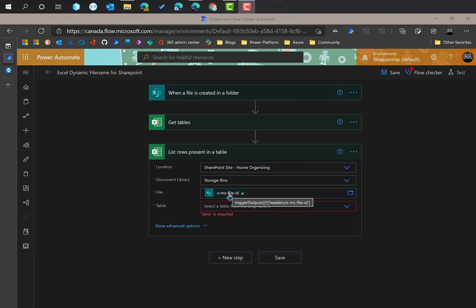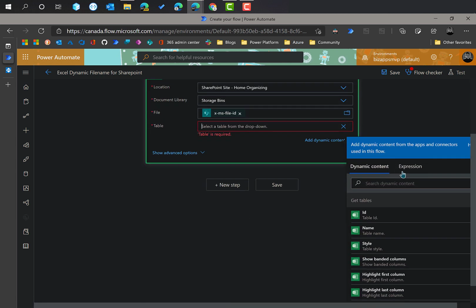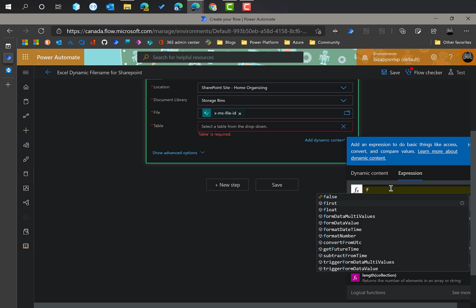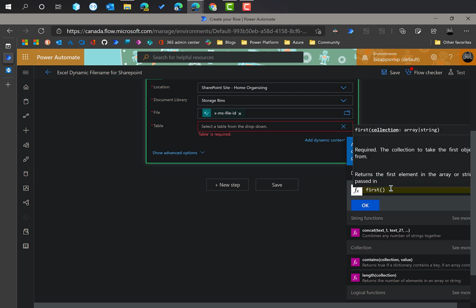Now for the tables, since the tables is an array, all the tables, even though there might only be one, I'm going to do a custom value. Now you see here when I select the drop down, there's nothing in there. I want to hit enter custom value. When I do that, it's going to allow me to put in an expression or anything I want, and I'm going to get the first table ID. So the way I do that is I type in first, I'm going to use the first expression, and then